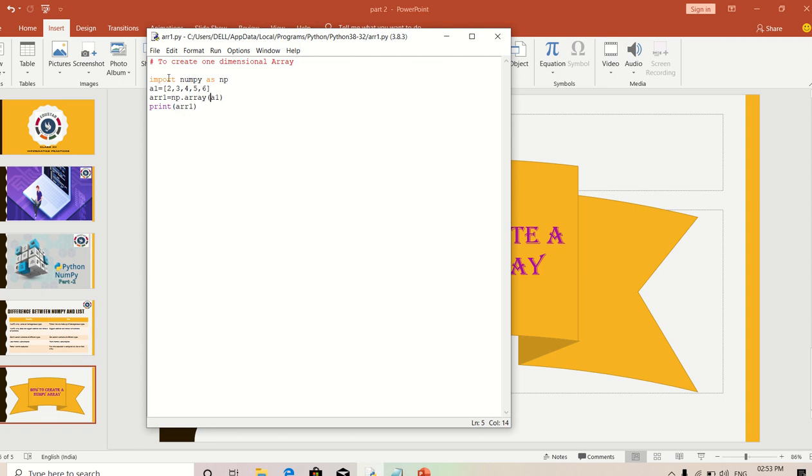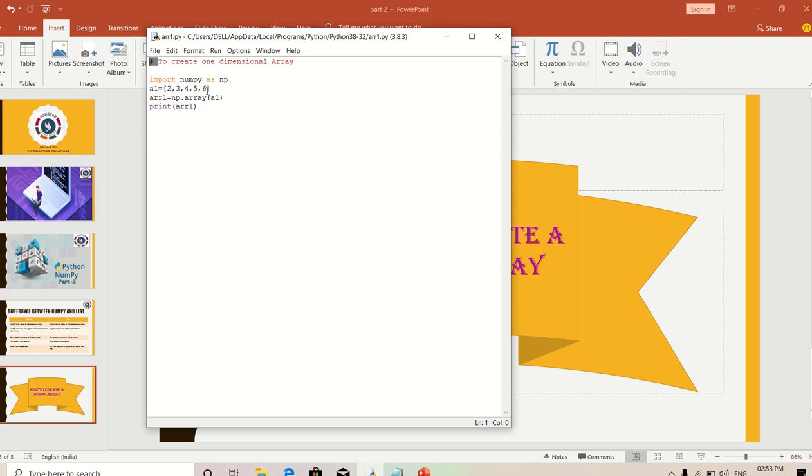First we have to import NumPy as np. Before that, in the first line, I am using the hash symbol. The hash symbol is for an unexecutable statement; that particular line will not be executed. The execution starts from the next line, and that is why I am saying this is the first line. What is the first line? import numpy as np. What is import? This is the syntax to import the NumPy library into my program.